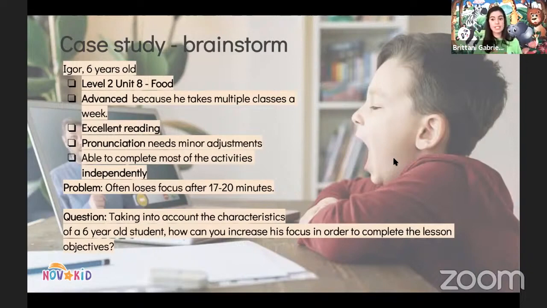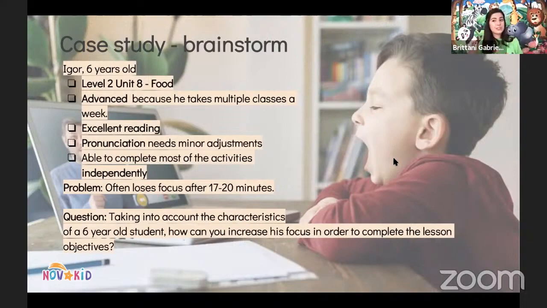Again, these are the students that need a lot of brain breaks. Luckily for us teachers, Novakid incorporates a bunch of different activities for brain breaks and fast finishers after the goodbye slide. Go to those slides when you need them. It's important to still provide those brain breaks while completing the lesson objectives.